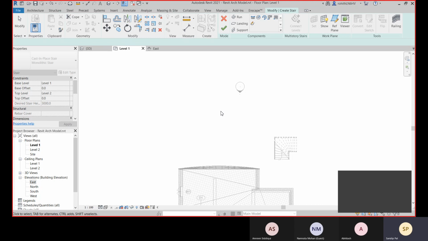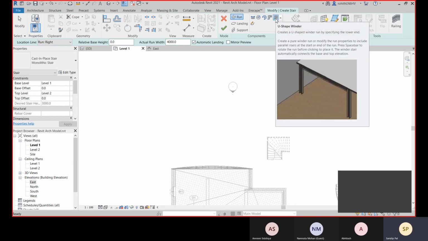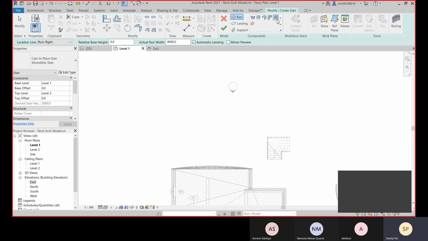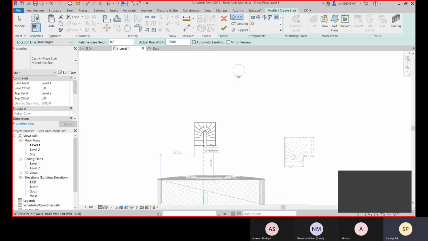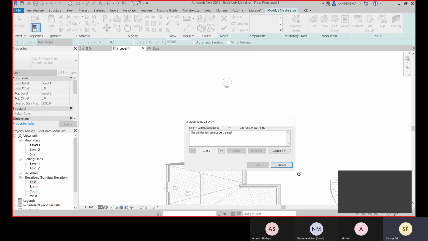Okay, sorry, I couldn't find what the problem is right now for creating this U shape. It will create a shape like this. You can create it, so what is the problem? I couldn't find out right now. Yeah, there you can see it's coming right now. I don't know what the problem is. Yeah, now again it's okay, so let's go with this.